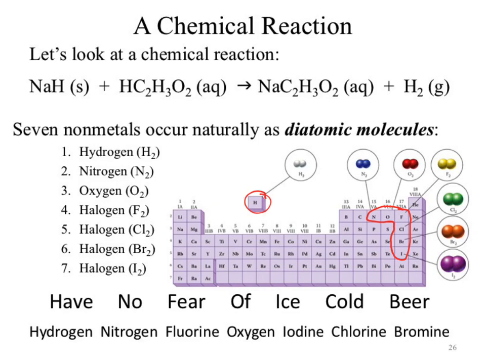Have no fear of ice cold beer. Have begins with H, hydrogen. No fear. So every time it comes to a diatomic element, I usually mumble a lot of stuff under my breath. Have no fear of ice cold beer is usually something I'll crank out every so often just to make sure I remember those pieces. So you've got a variety of ways that you can memorize your diatomic elements. You do need to know them. Anytime they show up by themselves, you have to specify them as the 2 elements.